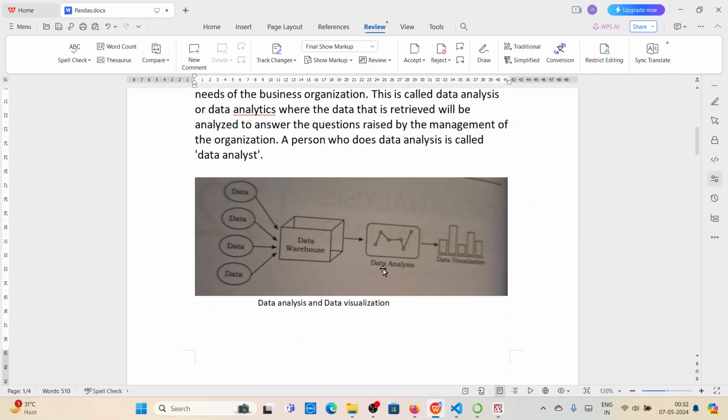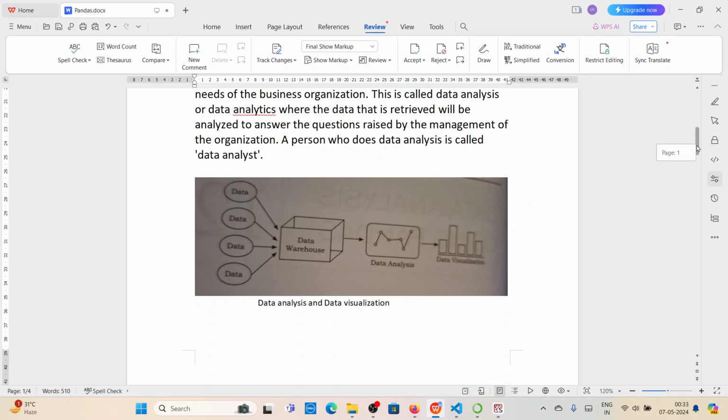Once the data analyst analyzes the data, any data analyst or other IT professional represents that data in the form of graphs or charts or bars, which is nothing but data visualization. The main use of data visualization is to forecast the future of the company. By looking at the graph, we can predict where the data is going down and where the data is going high.